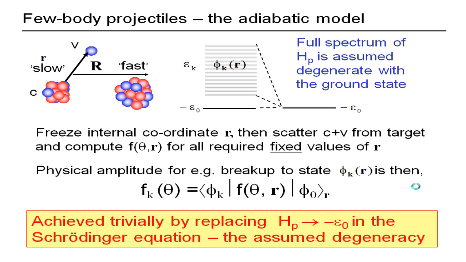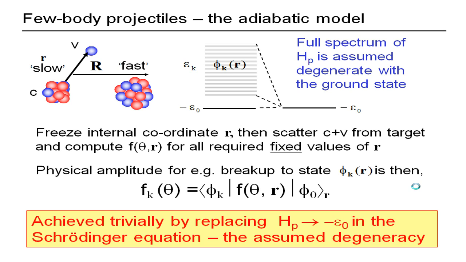Okay, and so during that short interaction time of this composite object with the target, we assume these two don't really have time to move at all, and we freeze them in position. And so we could calculate the scattering amplitude of these two in a fixed position from the target. Okay, that's what I mean by this. So f of theta of r is the scattering of these two objects in frozen relative coordinates from the